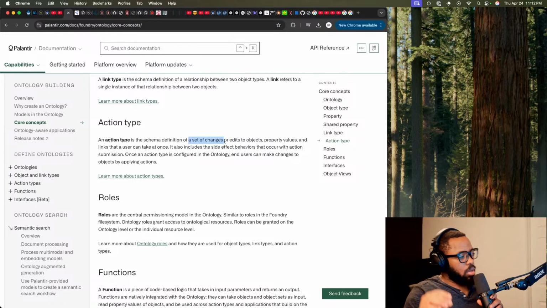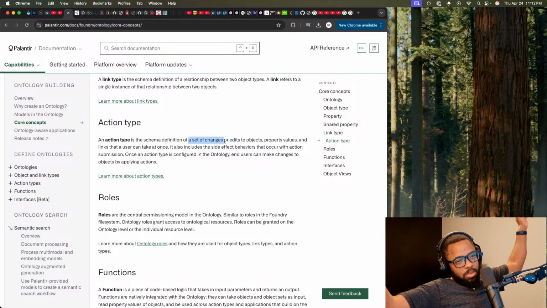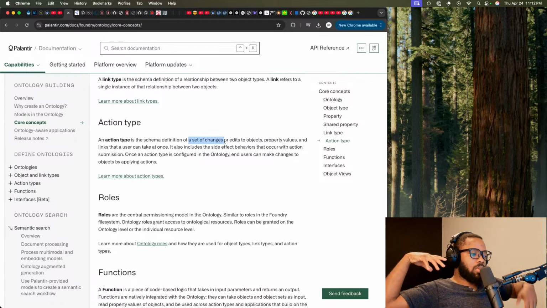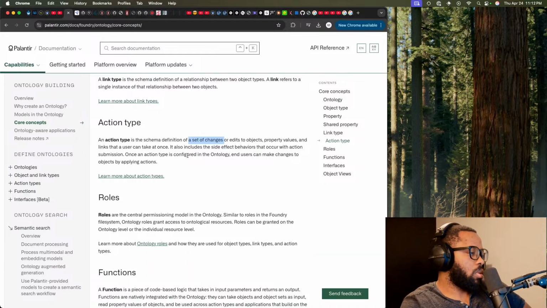So really, an action type is really a transaction. If you're thinking about it from a database perspective, it's like a bunch of statements that are meant to update a bunch of records or make changes to the database, all being run as a single atomic operation. It also includes the side effect behaviors that occur with action submission. Once an action type is configured in the ontology, end users can make changes to objects by applying actions.